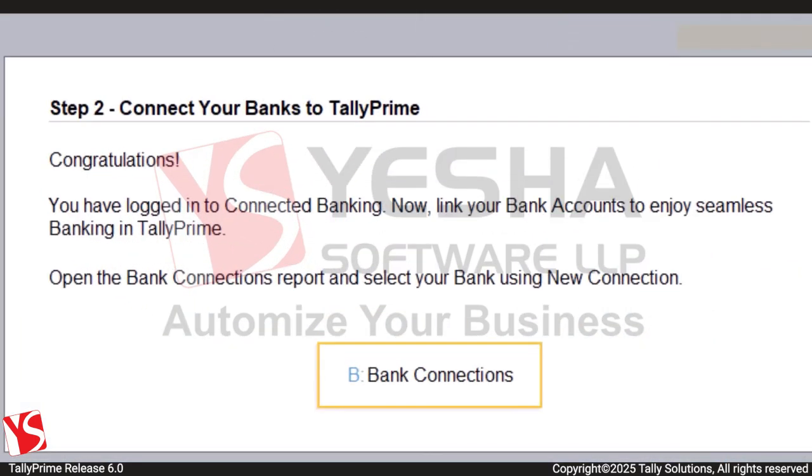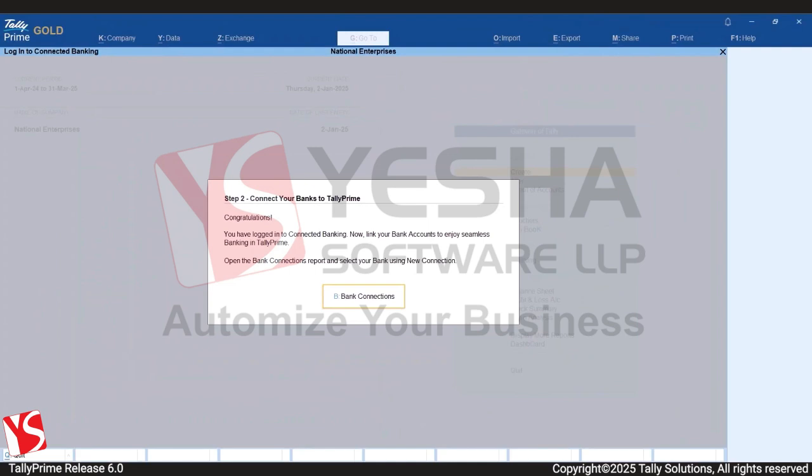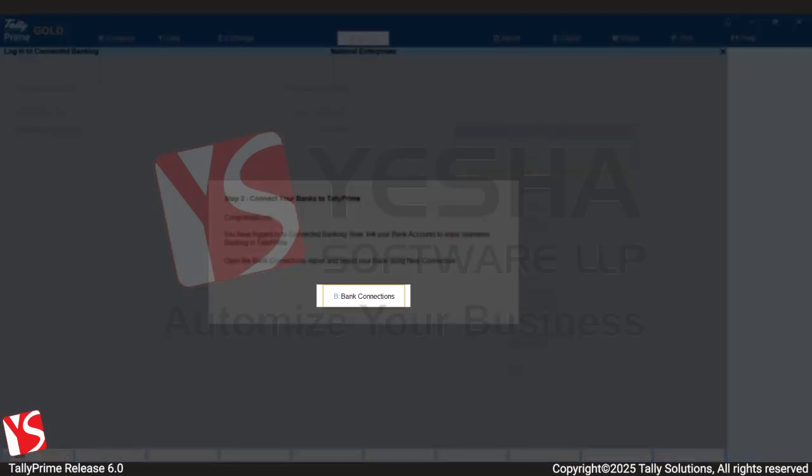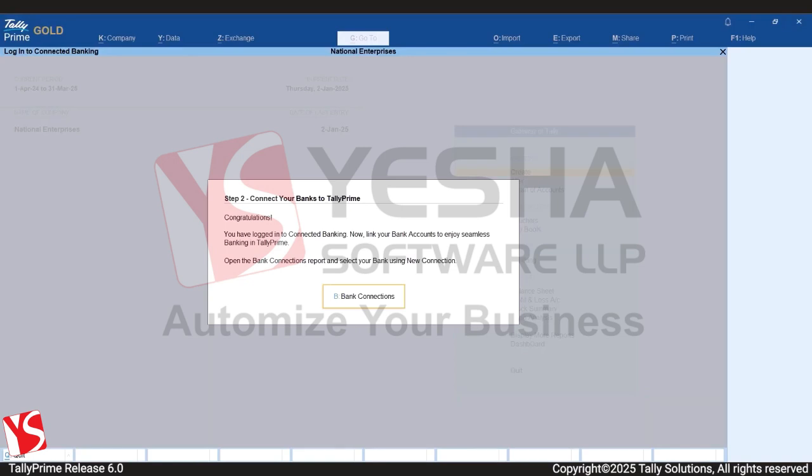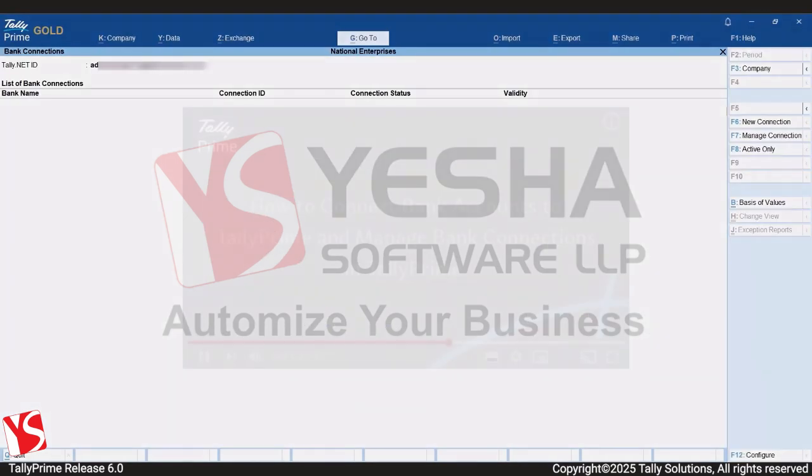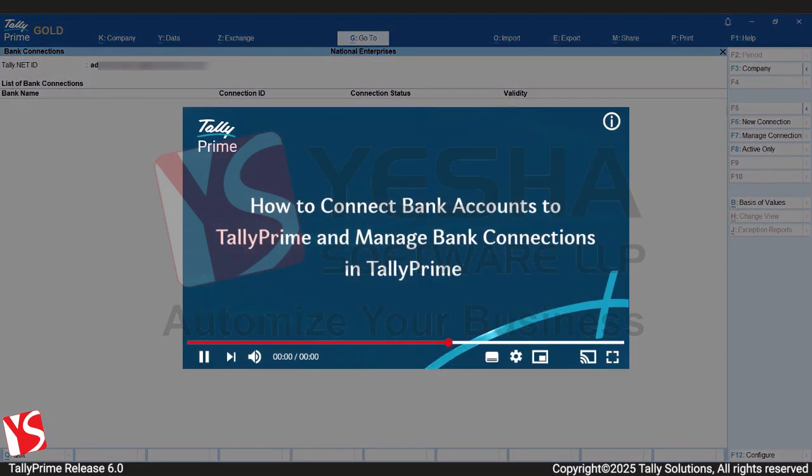Once you change your password, you will be logged in. Now, you can press B and start linking your bank accounts to Tally Prime. To know how to do it, you can watch our video, How to Connect Bank Accounts to Tally Prime and Manage Bank Connections in Tally Prime.